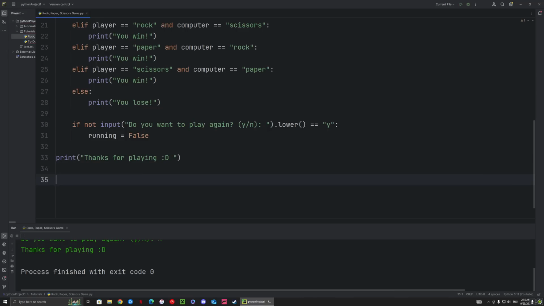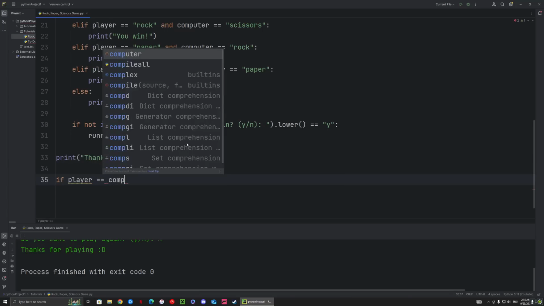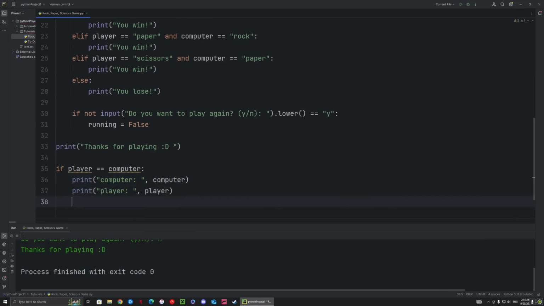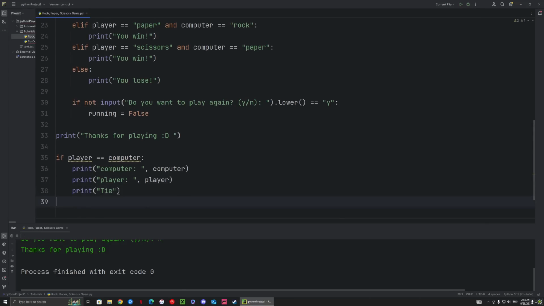I'll give you a quick little rundown of it, but you can say if player equal computer, then what happens, we say print computer, and then we can do the same thing for player, and then we can say print tie, and then we can go ahead and say else if